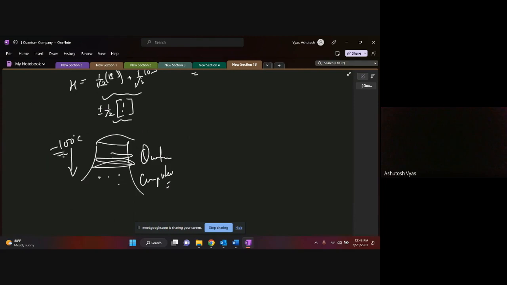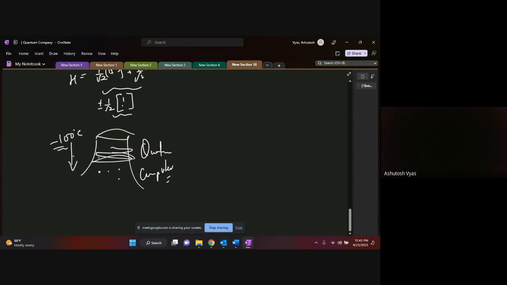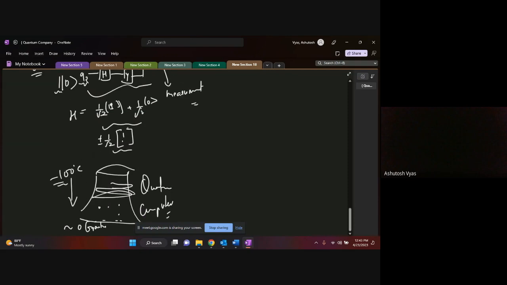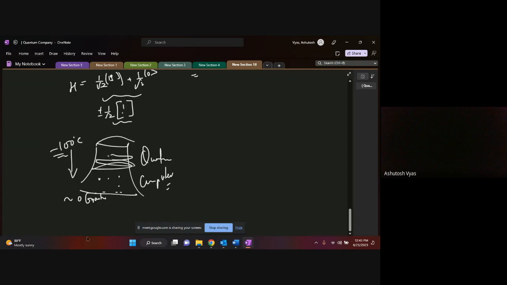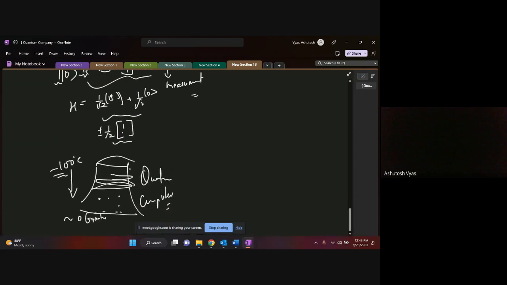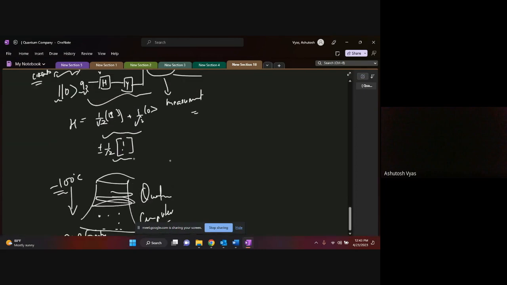If I'm not wrong, this is the approximate temperature, and even below this also. And then they are putting almost zero gravity, right? Otherwise, these atoms will only be on the ground because of the gravitational force. So they are trying to make this entire thing zero gravity and very cool. And then they perform operations on top of these electrons, or these quantum particles. When they perform these operations, the quantum particles change their state.